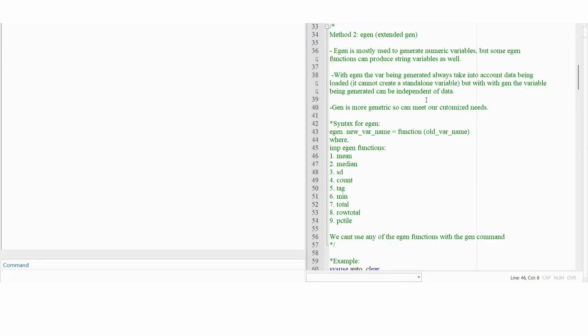We were looking at variable generation in Stata. The first method we discussed was that you can use gen along with replace. Method 2 is that you can use egen. Egen means extended gen. Now, egen is mostly used to generate numerical variables, but some egen functions can produce string